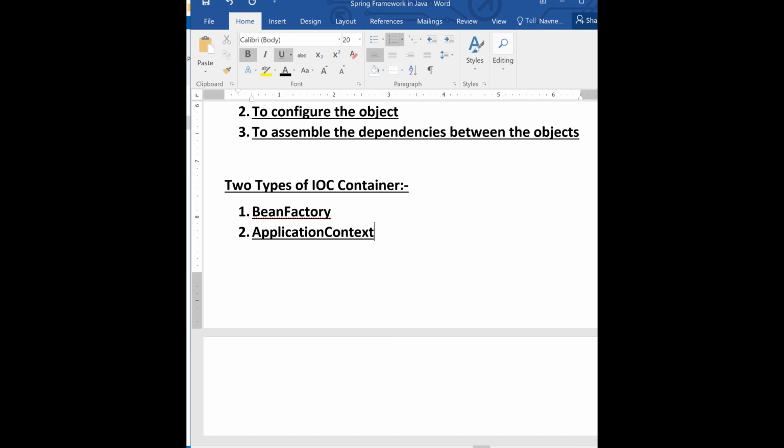We will discuss these two topics. In the next lecture, we will discuss what the Bean Factory is and what the application context is, and we will understand the concept.